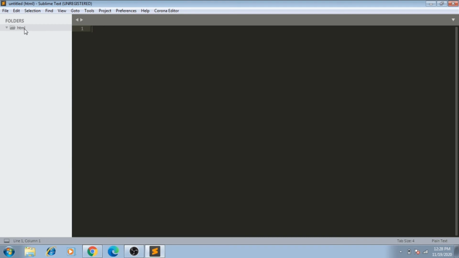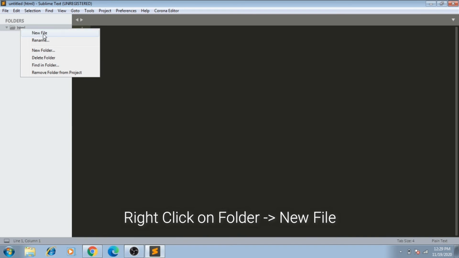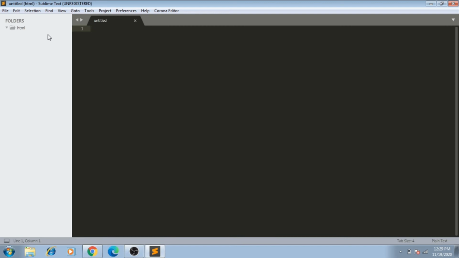Now, you can create a new HTML web page by just right-clicking on that folder and choosing the New File option. It will display a blank file on the right panel of the Sublime Editor. Now, you can save this file with a particular name.